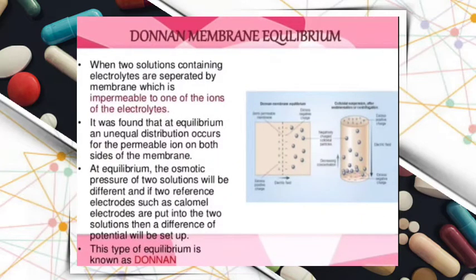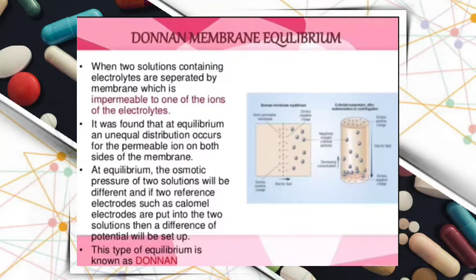Then the Donnan membrane equilibrium. Two solutions containing electrolytes are separated by a membrane which is impermeable to one of the ions of an electrolyte. It was found that at equilibrium an unequal distribution occurs of the permeable ion on both sides of the membrane. At equilibrium, the osmotic pressure of the two solutions will be different, and if two reference electrodes such as calomel electrodes are put into the two solutions, then a difference of potential will be set up. This type of equilibrium is known as